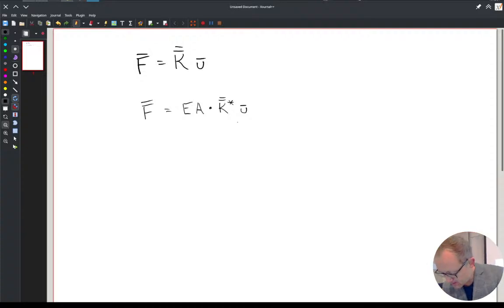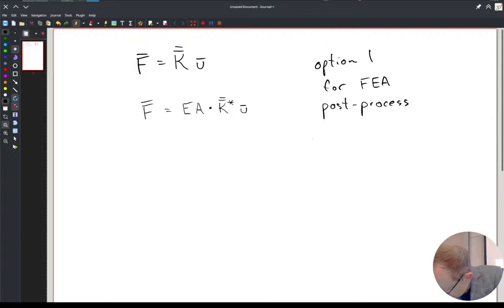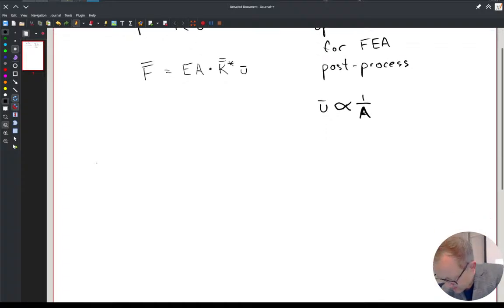The other way, so option 1 for FEA post-processing is that the bigger the area is, the smaller the deflections are. Option 2